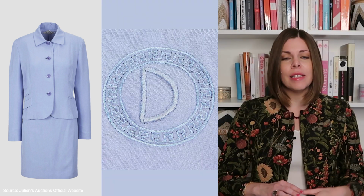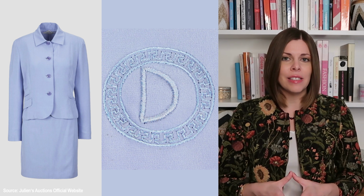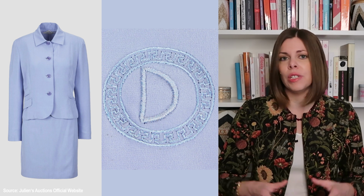And what is so interesting, inside of the blazer there is a D embroidered into the lining, and around it there is the signature Gianni Versace Greek border. And Gianni Versace contributed a lot to the development of Princess Diana's personal style. Some people called it revenge couture, because you could see that she was more and more confident, also wore more fitted clothing, and of course Gianni Versace's style, which is also a bit sexy, corresponded to her new development